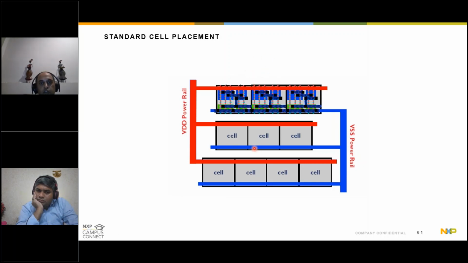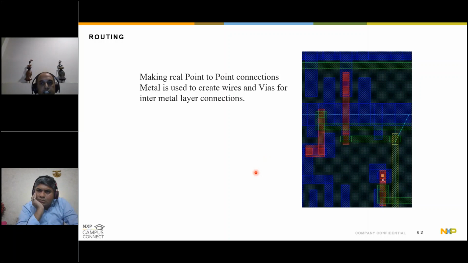Once you place, this is how the view might appear. Each standard cell will have a similar height, and these are arranged such that the VDD and the ground rails of these standard cells align with each other, and they are connected to the chip level power and ground networking. Okay. So once, let's say, placement is done, next step comes the routing. Basically now you want to connect the different pins of the standard cells with each other, and that's where the metallization comes into the picture. So this is just a simplistic view.